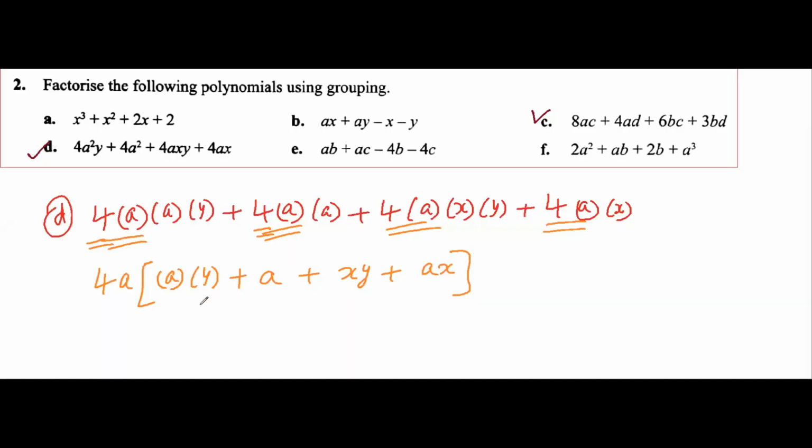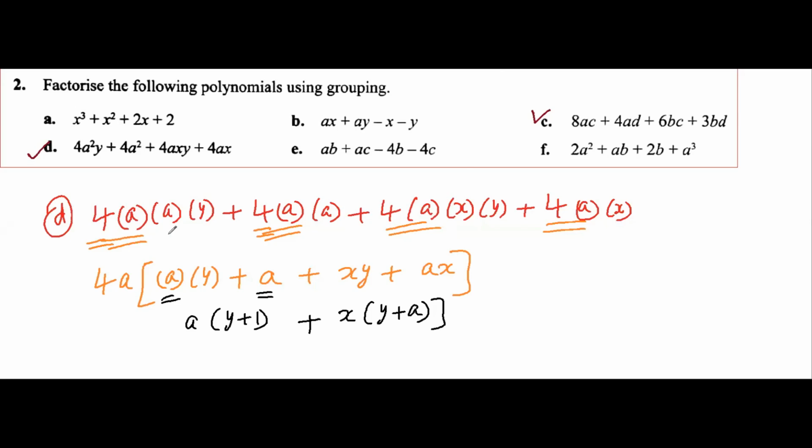So let's do one thing. Let's take a common from here. I will get y plus 1. Similarly, from here I can take x common. So what I'll get? I'll get y plus a. But then here again y plus 1 is not coming, right? So it is difficult to solve further. Okay, so here there is a small mistake.